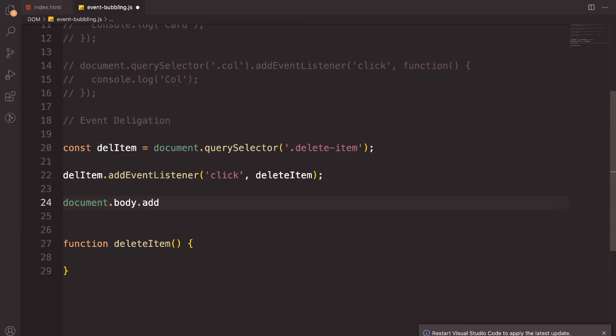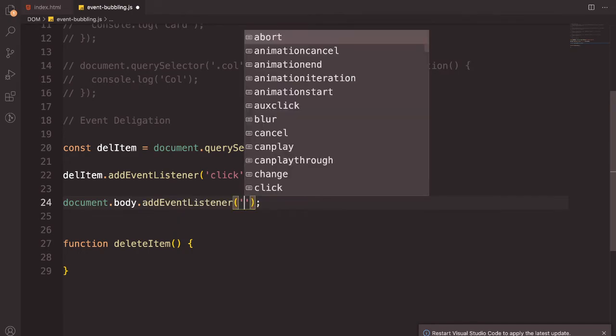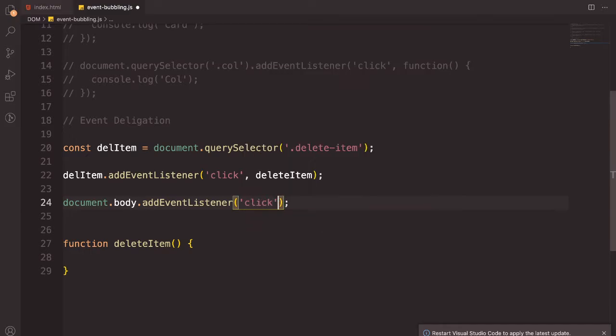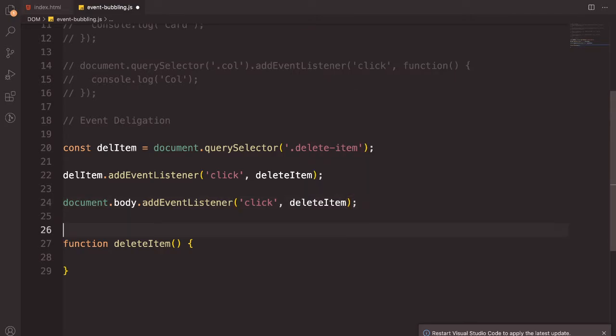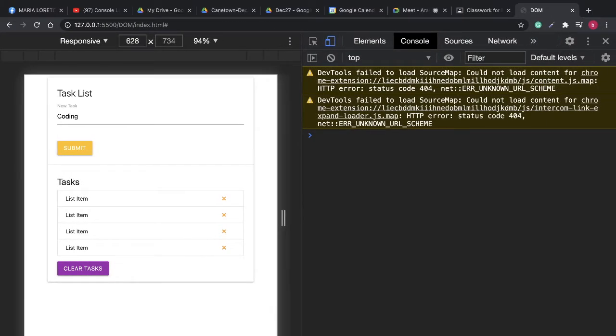Alright, so body, tas gusto ko siyang lagyan ng event, add event listener. Alright, na same. So, click. Alright, so kapag na-click, merong mag-run na delete item. So, basically, parehas sila. Pero, sige, tingnan nyo. I-comment ko muna to. Pakita ko sa inyo kung ano magiging itsura kapag wala nun. Okay. So, ngayon, tulad ng sabi ko kanina, kapag click daw natin yung delete item, which is ito,